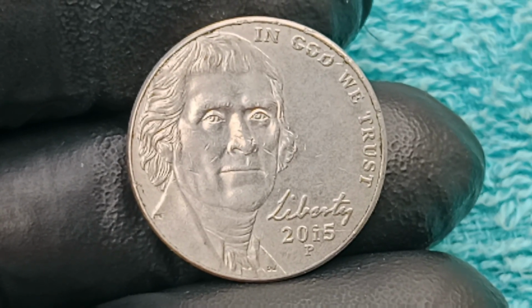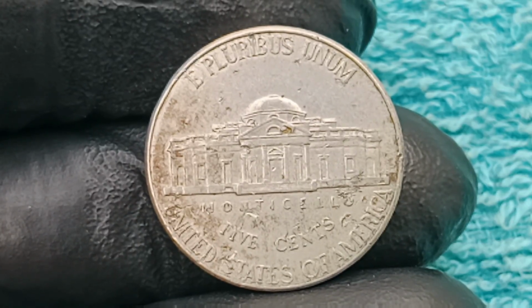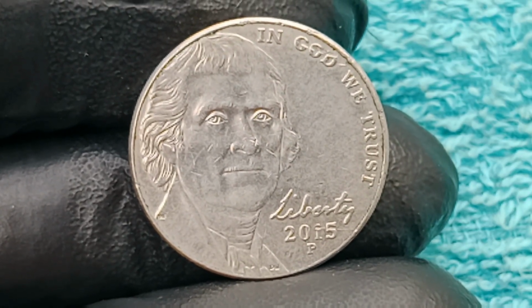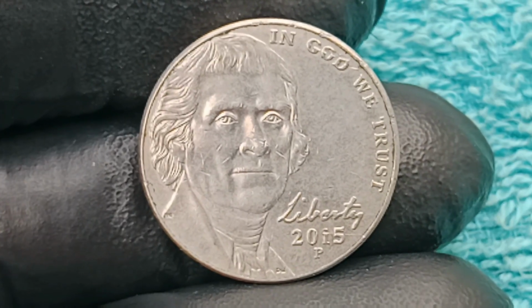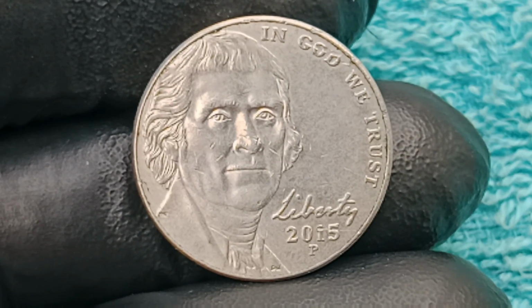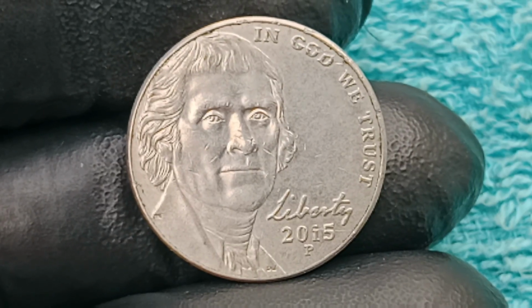today we are diving deep into one of the most shocking and mind-blowing discoveries that has stunned collectors and experts across the globe: the unbelievable story of the 2015 P 5-cent coin that has recently been valued at an incredible $44 million because of its astonishing mint errors, unique flaws, and mysterious background that has made it one of the most sought-after and talked-about coins in modern U.S. history. So grab your seat and stay tuned, because what you are about to hear will change the way you